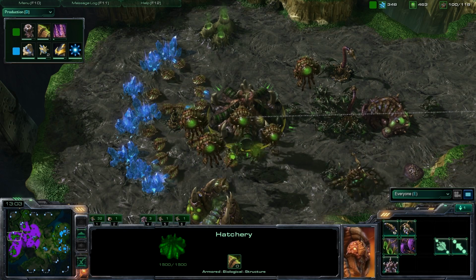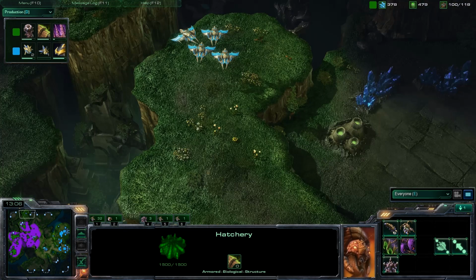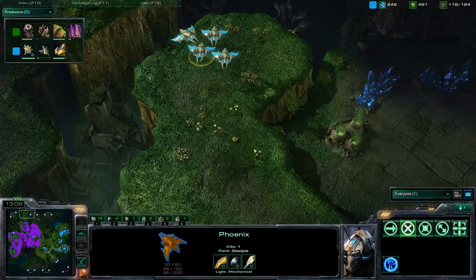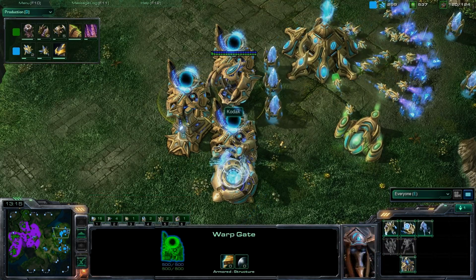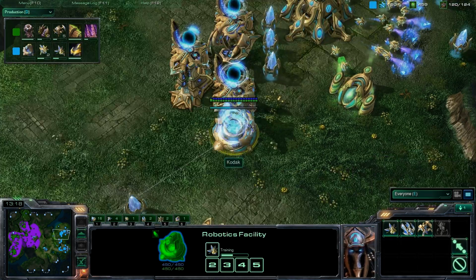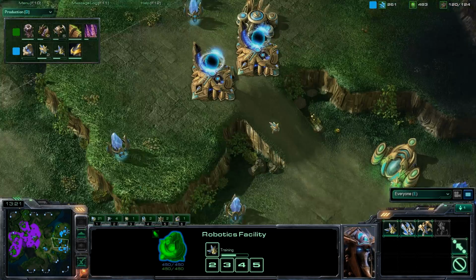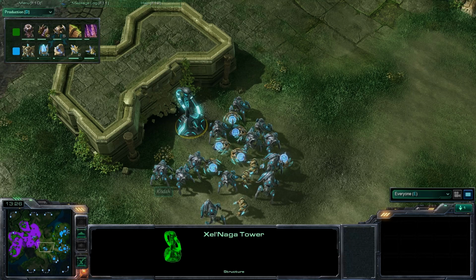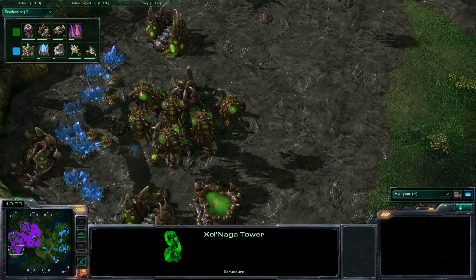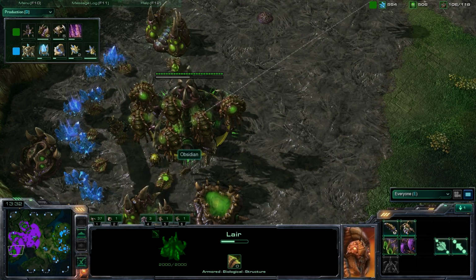So that Spire, maybe get out some Corruptors or Mutas to try to take on these Phoenix. Combined with the Queens, they can be pretty good defense, but it looks like Kodak not going too all in with those Phoenix. He's in fact getting up a robotics facility, maybe going for some sort of tech switch over to Colossi. But Obsidian will be prepared with that Spire as well,